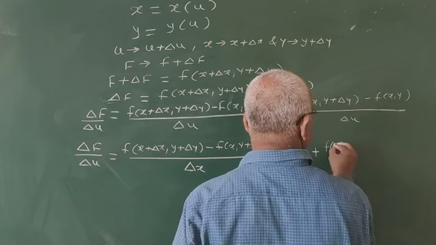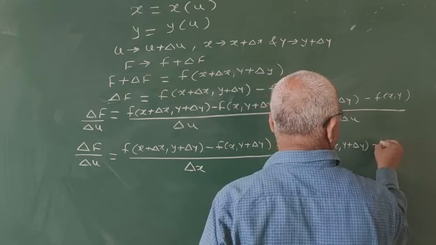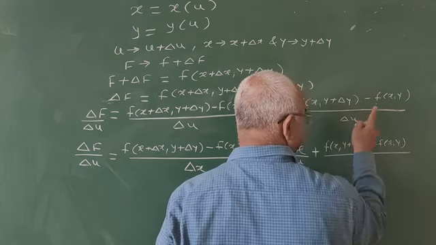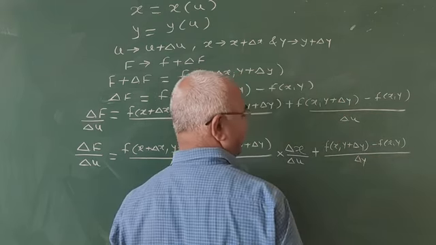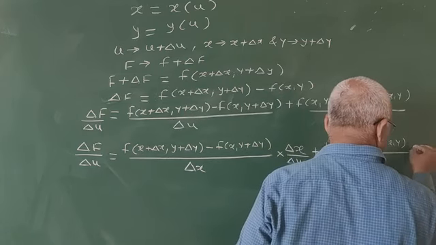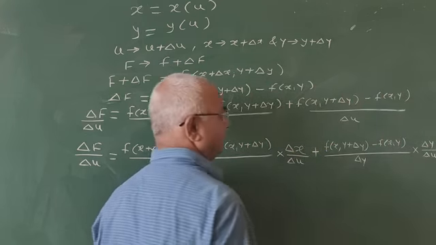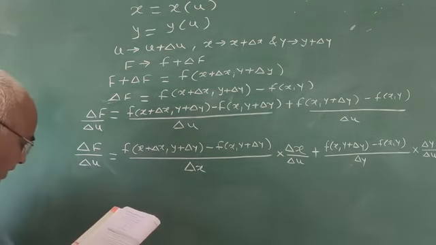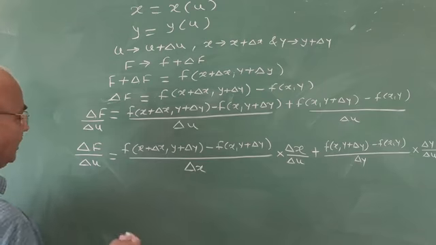Rearranging the terms, f of x comma y plus delta y minus f of x y, divided by delta y, there is change in y, there is no delta y, therefore multiplying by delta y divided by delta u as it is. And by using the definition, we can write delta u upon delta u,